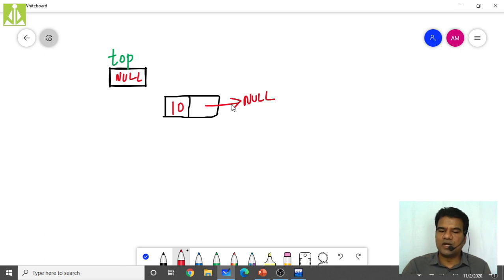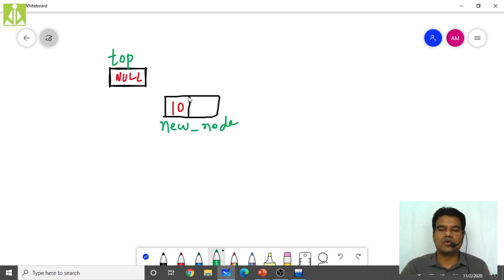Or else we can do it this way: always make the new node's next pointer point to top. So this is your new node, right? This null you can remove, and give the name new_node. This is my new node.